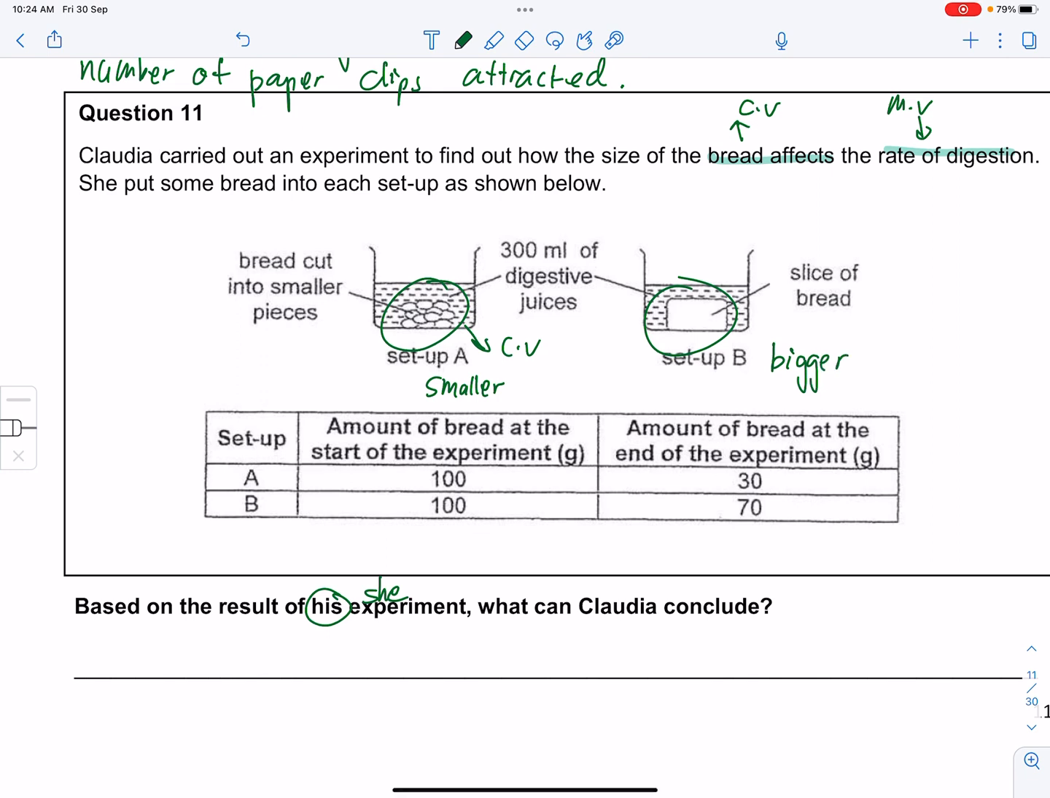Alright? So remember, when we talk about smaller and bigger, there is actually a representation or proxy. So basically what it represents is the amount of exposed surface area to the digestive juices. That is what is the change variable. It's not just so simple as smaller and bigger, but rather the amount of exposed surface area. Okay? Now, then after that,